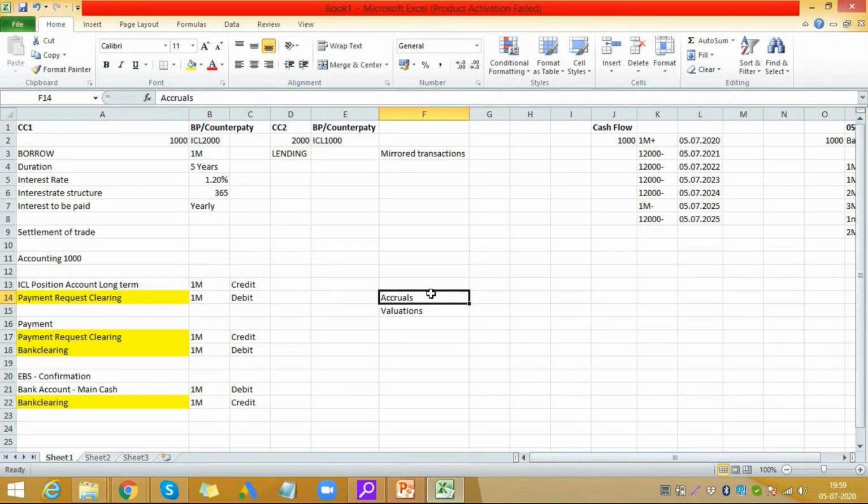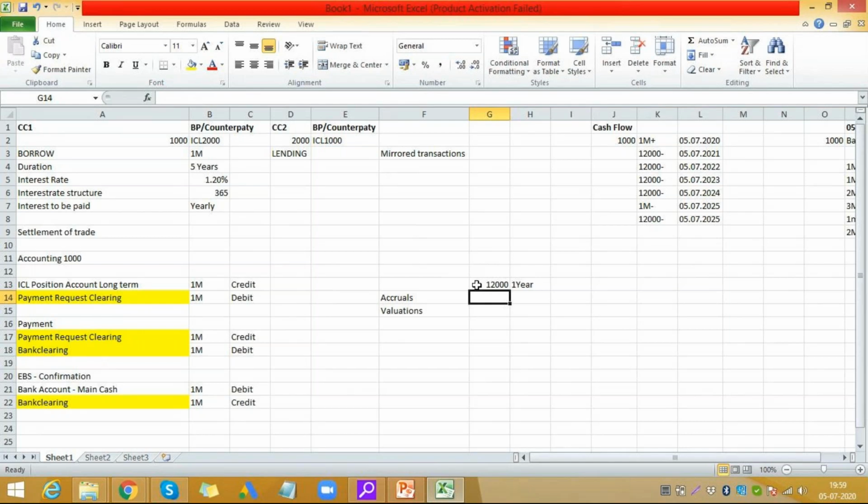So what basically is an accrual? We have to make sure that the 1 million or the interest that is paid throughout the year. Now the interest we are paying is 12,000, right? Now this 12,000 interest is for 1 year. We have to book it for each month, right? In the accounting books, it should be realized for each month. So we have to make sure that this is booked at each month and reversed, or we can put a differential view where we can book and not reverse it. Ways of doing it are based on your company's requirement or client's requirement.